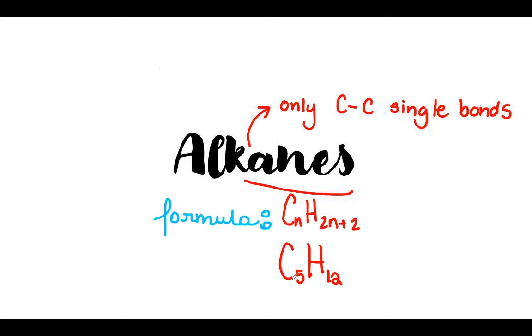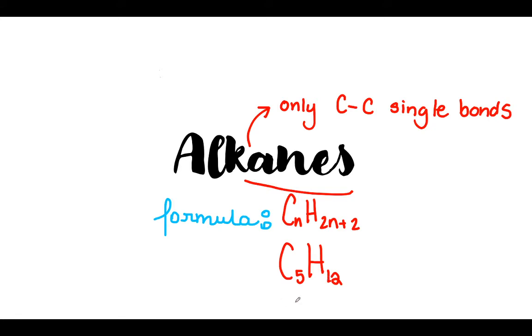So for example, in this case, for alkanes, the formula is CnH2n plus 2. So if I know that there's 5 carbons in an alkane, I take that number of carbons, multiply it by 2 and add 2, and I will end up with the number of hydrogens for that particular compound. When we draw structures, you're going to understand where those hydrogens are specifically placed. But in terms of just identifying the formula, you should be able to do that very quickly as long as you know the number of carbons.